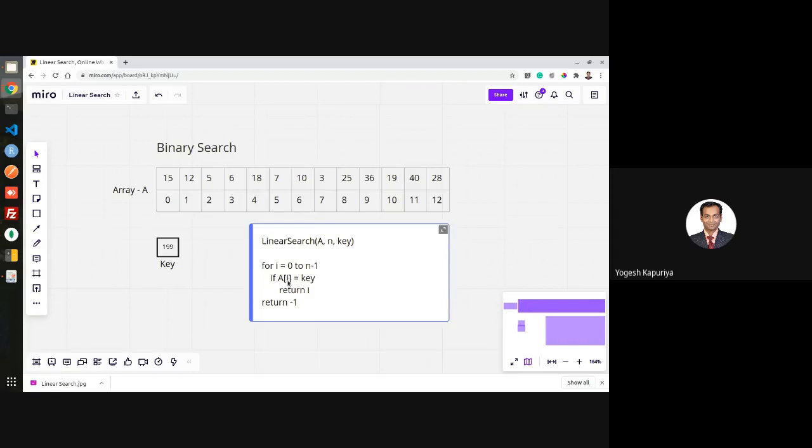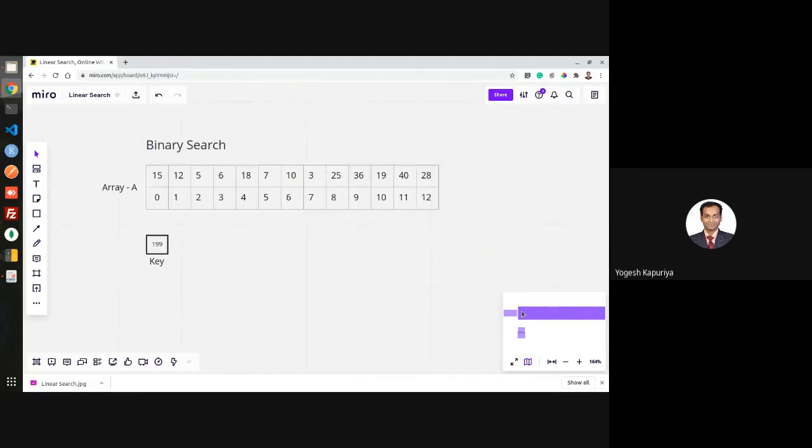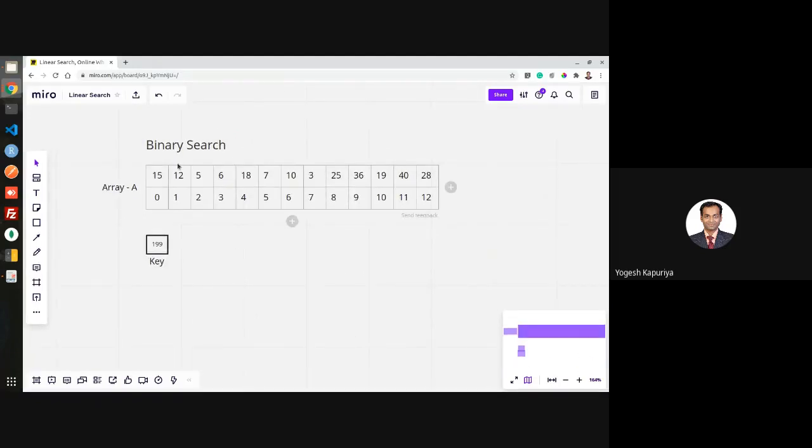Okay. So what is there inside a binary search and how does it differ from the previous case? Let us discuss that. See, one of the fundamental requirements of binary search is that the input array should be sorted. That means, can you give this as an input to the binary search? I'm saying the first and fundamental requirement of binary search is that the array should be sorted. So can you give these as an input?